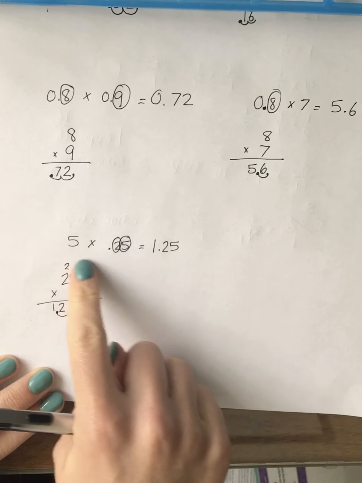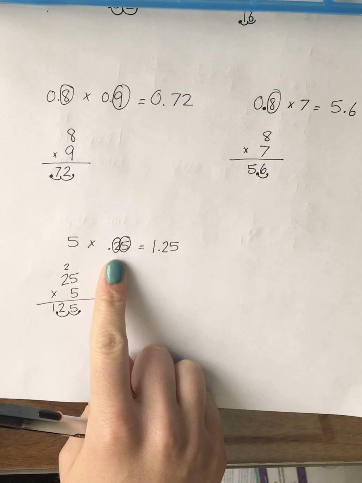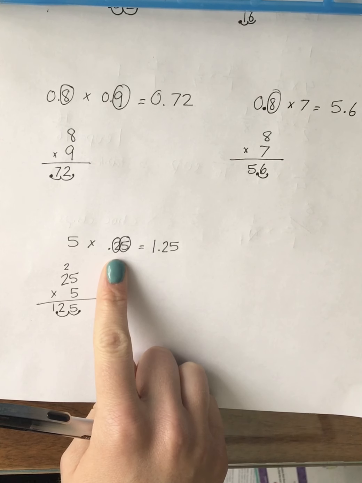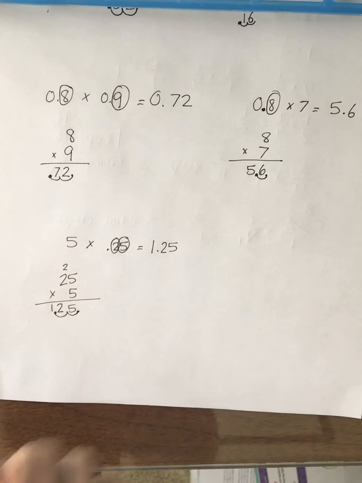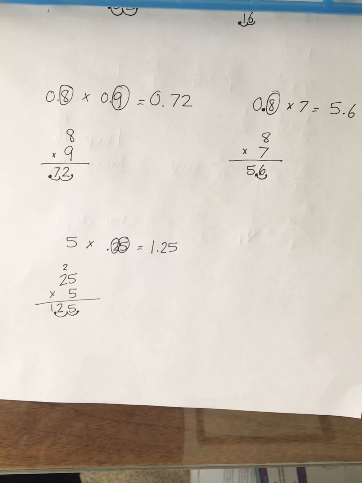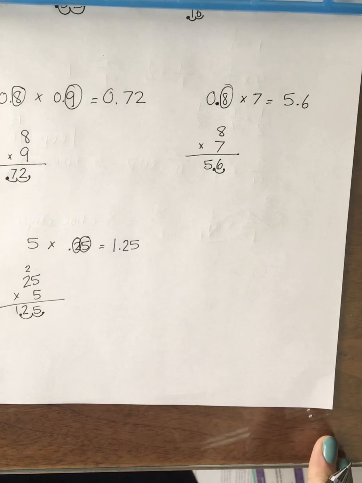Now, if you want to think through this problem in another way, you can think of that 0.25, 25 hundredths, as 25 cents or a quarter. And we know that 5 times 25 cents or 5 quarters is going to give you $1.25. So you can think through that and make sure it makes logical sense to you. Let's do another problem